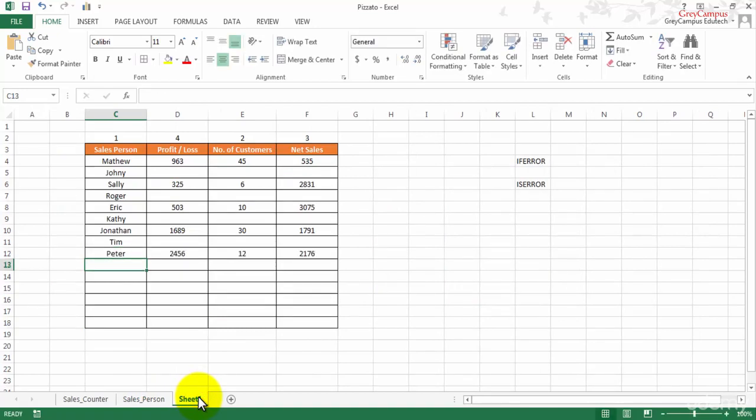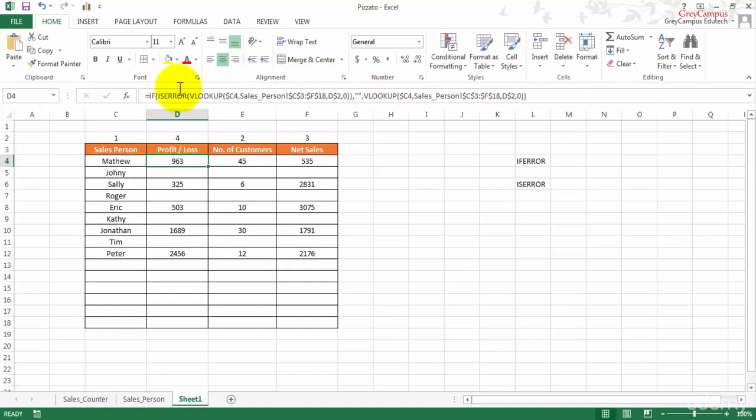So this is how we can handle errors in Excel, either by using IFERROR or ISERROR. The main difference is that if you are using ISERROR, we have a scope of utilizing the error part also. So if it is an error, then do something. If it is not an error, then do something else.